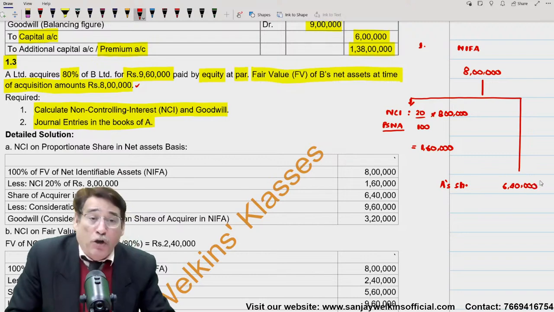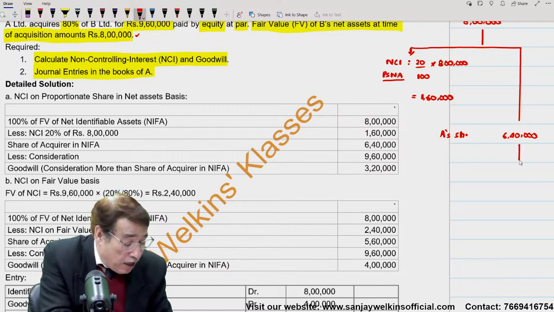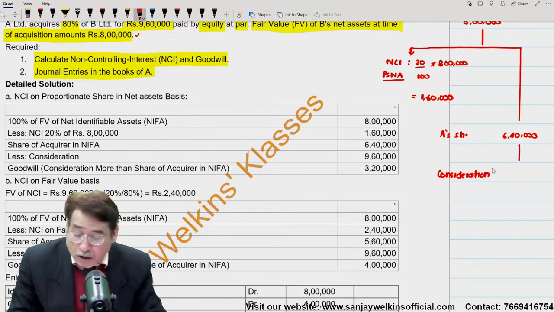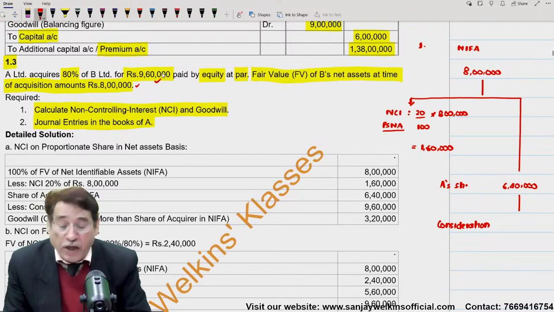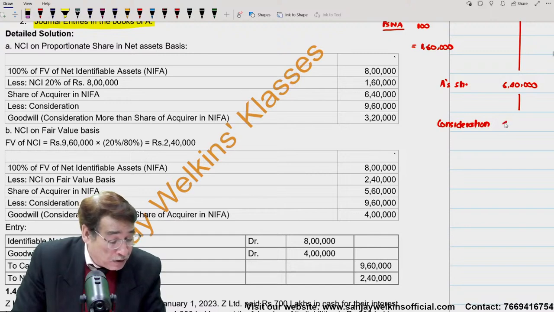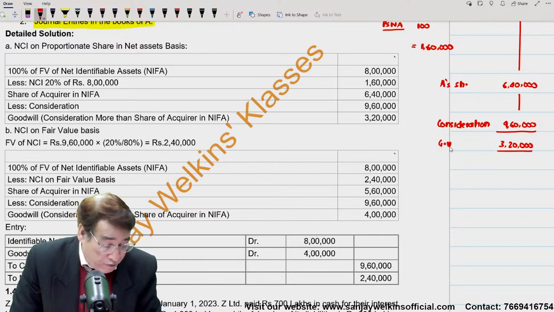In order to compute the goodwill, pay attention, I am going to explain something else in this question also. Ultimately, I will have to compare this amount with the amount of consideration, which I have told you now on several occasions. What is the amount of consideration in this particular case? We acquired 80% control by paying 9,60,000 rupees. So I am going to write here 9,60,000. Now you tell me whether there is goodwill or gain on bargain purchase. Because consideration is more, we are still having goodwill. Correct?